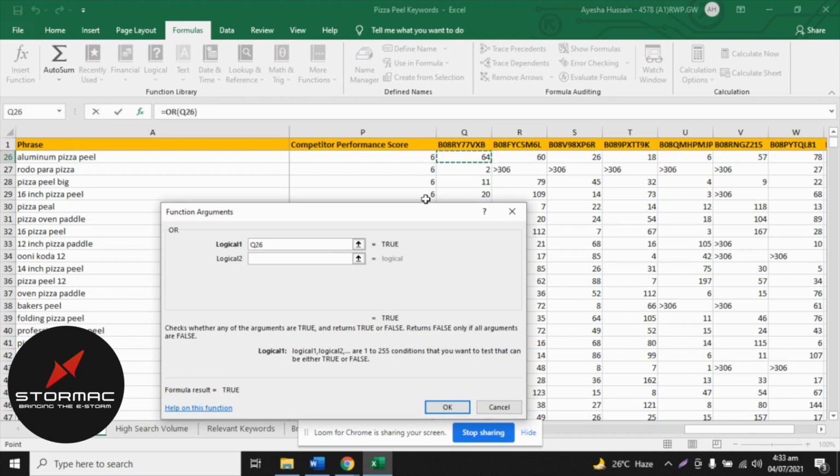Click on this cell and then use less than 10 logic, and then similarly in logic 2 click on this cell and write it as less than 10. Then we have logic 3, click on the S comparator and use less than 10 logic. So do it one by one. For logic 4 I'll be using this